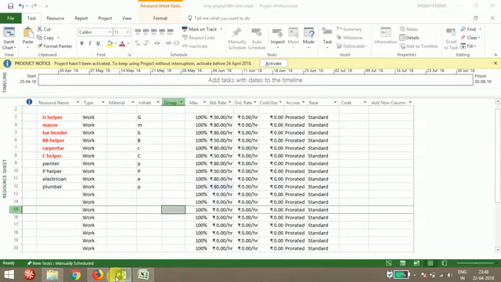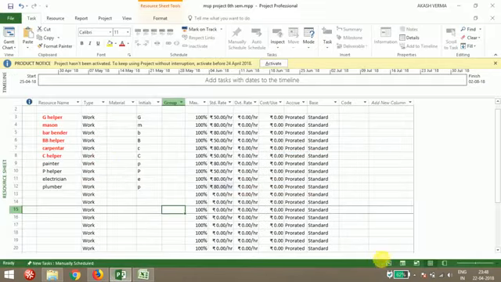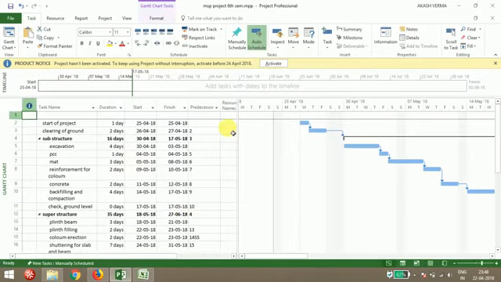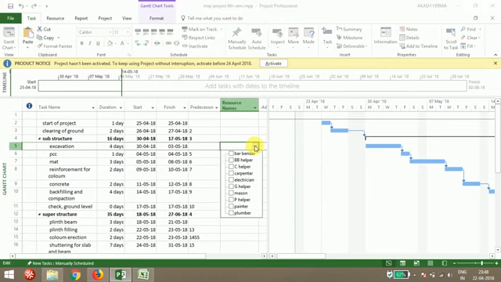Another thing: in Microsoft Project, in the timeline, whatever the activities and whatever type of resource they require, you can put it here in the resource name. For excavation, if I'm doing manual excavation, I need only a general helper.